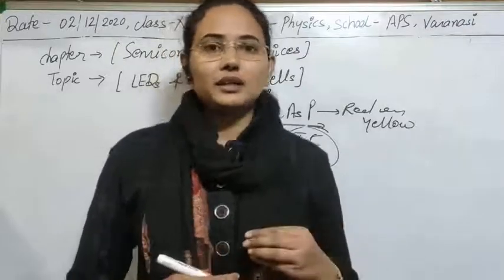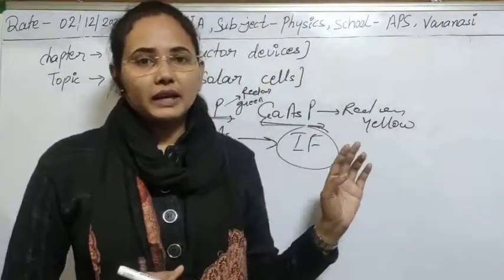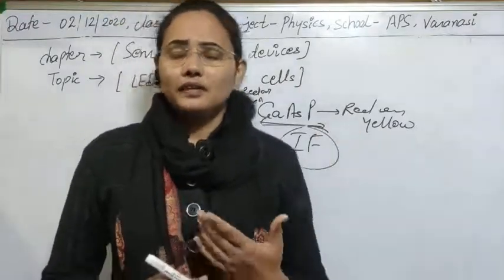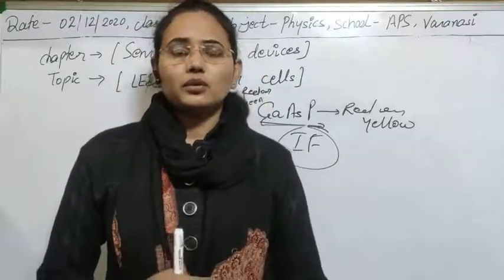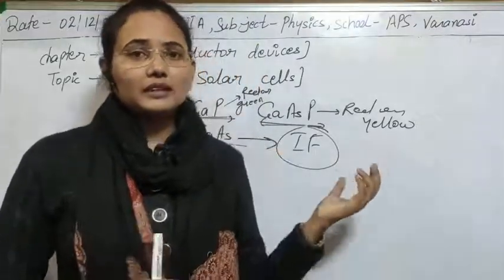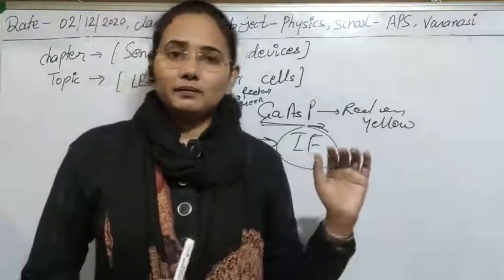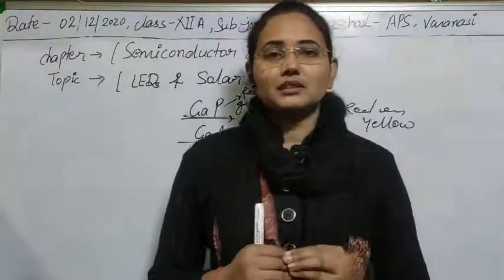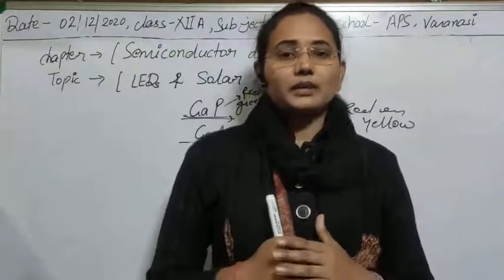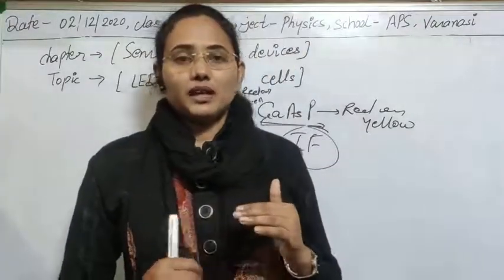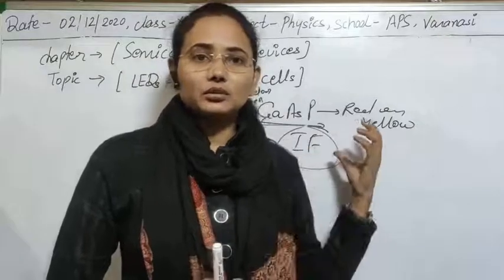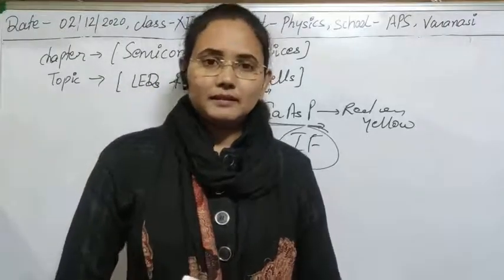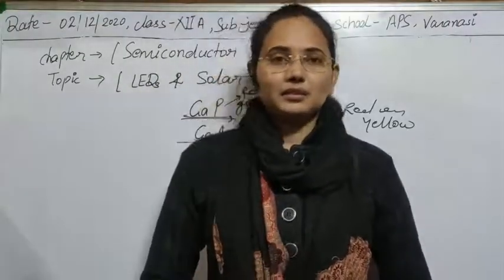The reason is that, first of all, it needs low voltage to operate, and even the fabrication is very easy, and also the cost is very low. So the reason we use LEDs for the production of light nowadays is due to their stabilization property, their low fabrication cost, easy fabrication, and also the materials that we use to construct them are easily available. So that's why we use it for this. Clear? So I think the process of LEDs, guys, is totally clear.